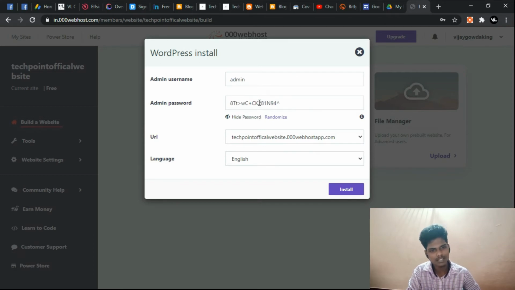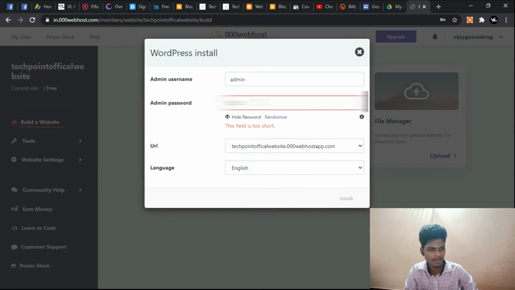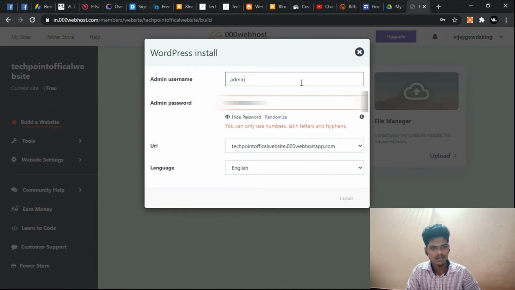You can see the password has been set randomly. Just change it. You can change your username to anything, or keep it as admin.